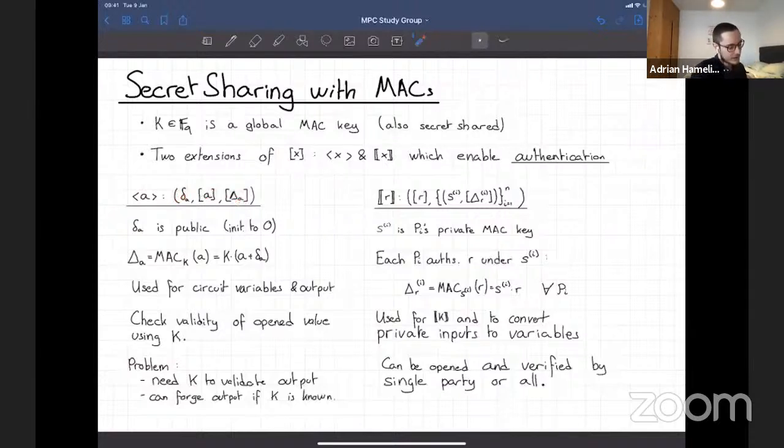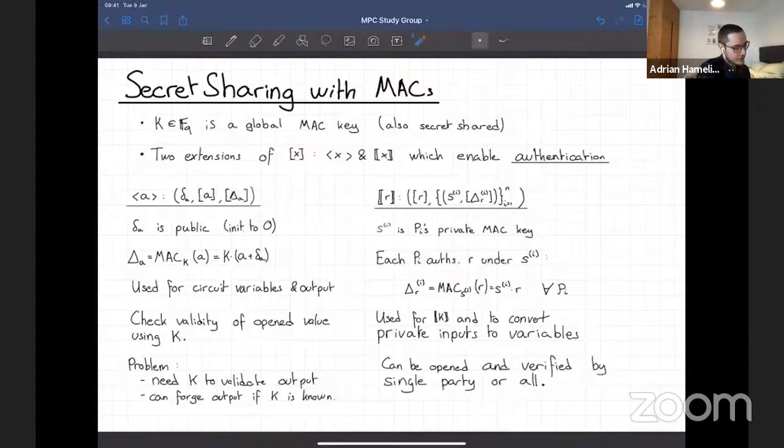It's initialized to 0 and just updated when you do addition, but it's a detail. Each party has delta A, their share of A, and their share of the tag big delta of A, and they're related through this formula.